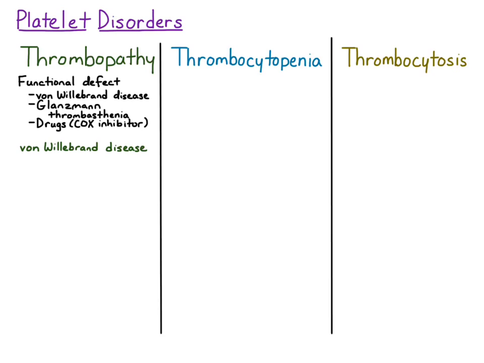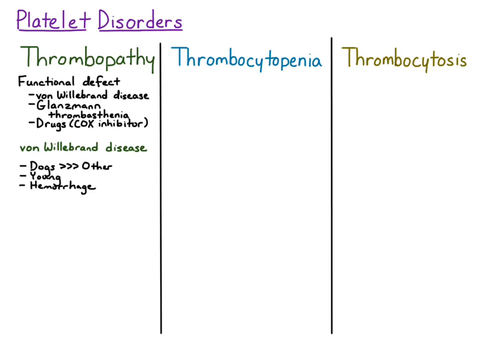Von Willebrand disease is typically seen in dogs, less commonly to rarely in other species. And this is an inherited disease, so you tend to see clinical signs in young animals. And those clinical signs that you see are hemorrhage. The hemorrhage that you tend to see are bleeding from mucosal surfaces or excessive hemorrhage after surgery, so after castration,